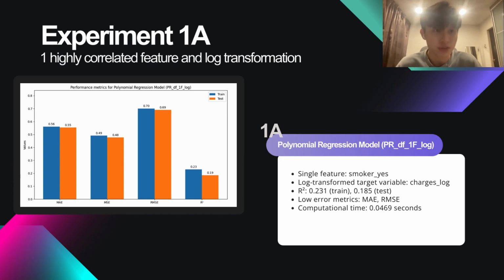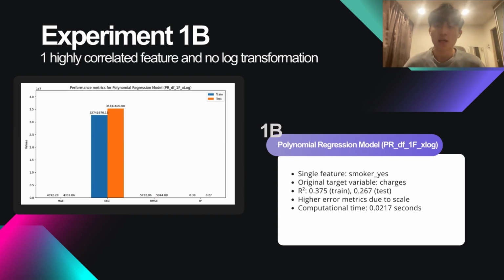Now let's move on to our results forecast. In the first experiment, 1A, we used a polynomial regression model with a single feature, smoker yes, and a log-transformed target variable, charges log. This model shows a moderate fit with R-square values of 0.231 for the training set and 0.185 for the testing set. The MAE and RMSE in these models were low, indicating decent predictive accuracy. In the meantime, the computational time was a little bit higher at 0.0469 seconds, but is still considered